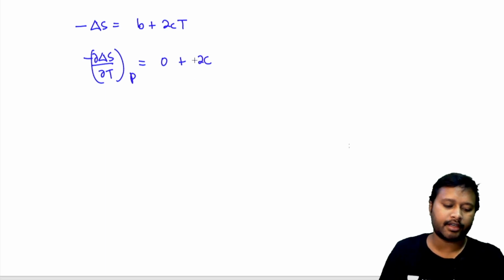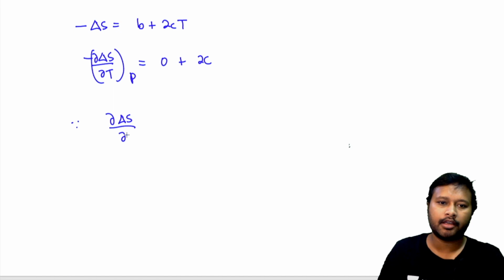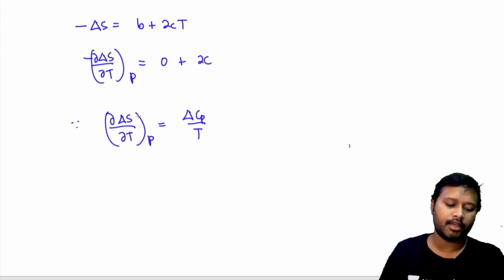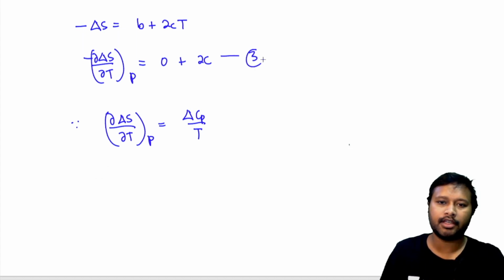So we'll just get 2C here. Now you know that since del delta S by del T at constant P is nothing but equal to delta Cp upon T. Okay, this is equals to delta Cp upon T. So you can just substitute its value over here. So with that, if this is equation number 3, this is equation number 4, you can equate both of them and you will get